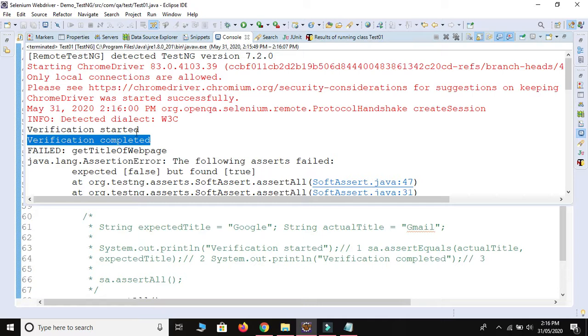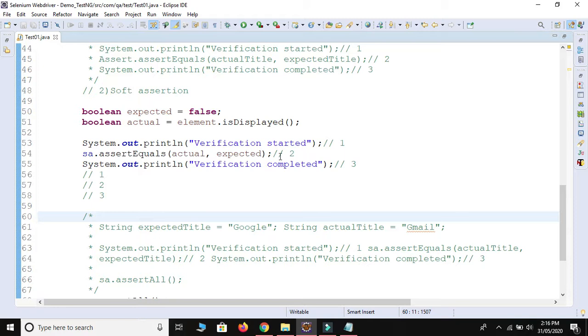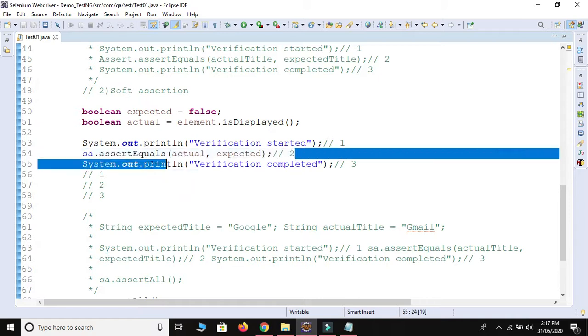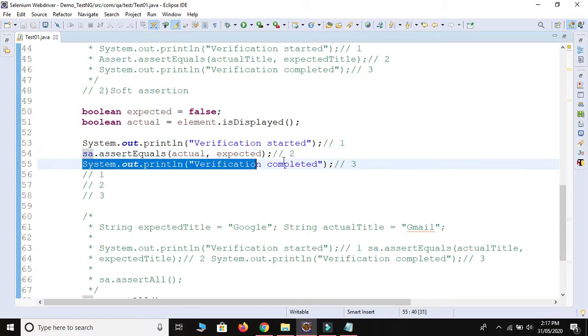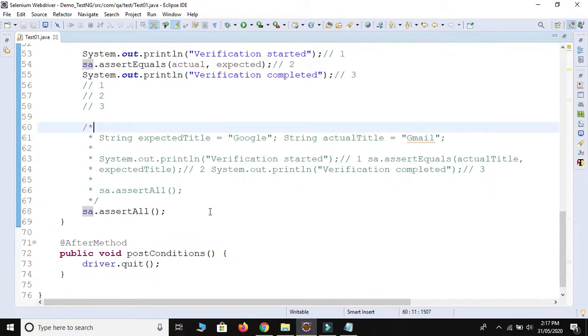So this is the advantage of soft assertion. If we get an exception, it will collect the exception and throw it after executing each and every line in the block. Definitely we get an exception at this line, but it will collect it, then print this line, and then pass the exception to this line. Based on this exception, the test case is pass or fail.